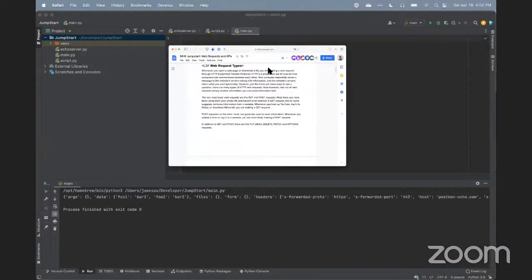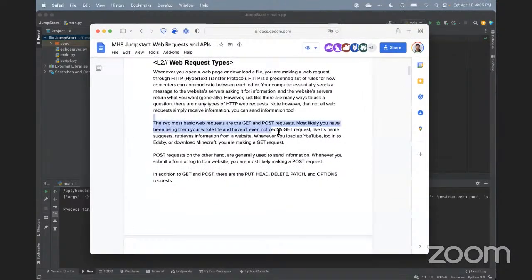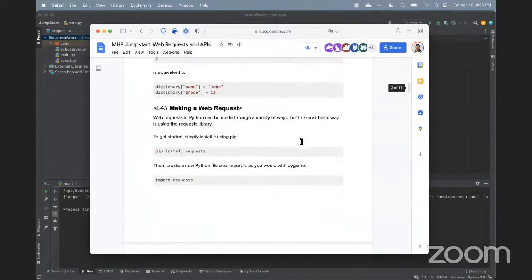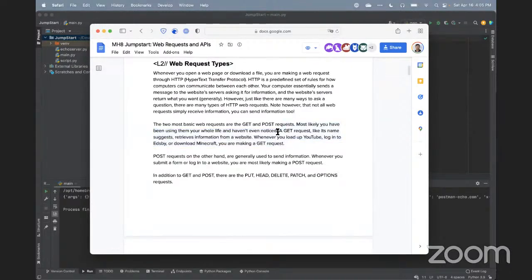This might be helpful so you guys can see what's going on. I sent the link to this file in the chat as well. Let me make sure. Yeah, I did that. So it might be helpful to follow along, especially later when we start coding up things as well. But essentially, that's the idea